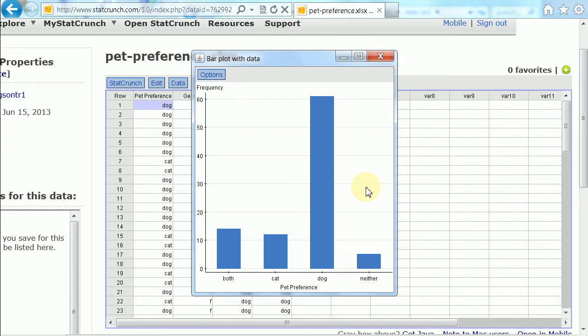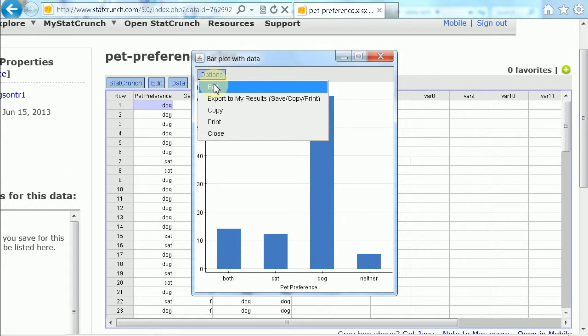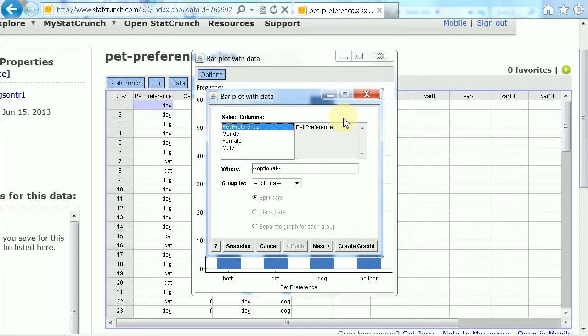So what we have is a bar plot, a bar graph, of the data that are in the pet preference column. We have approximately 14 to 15 both people, about 11 to 12 who prefer cats, over 60 that prefer dogs, and about 5 or 6 that prefer neither. Now, rather than guesstimating how many are in each category, remember you can always select options to pick different options for the graphs. Click on edit. It takes me back to the pop-up window. If I go to next,